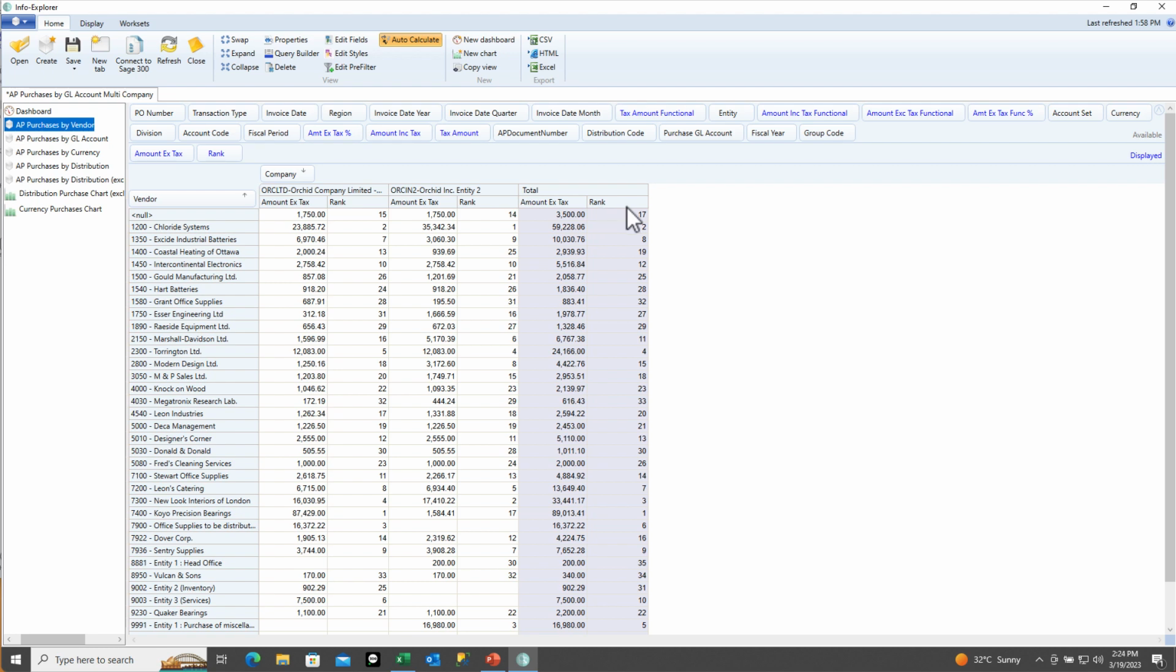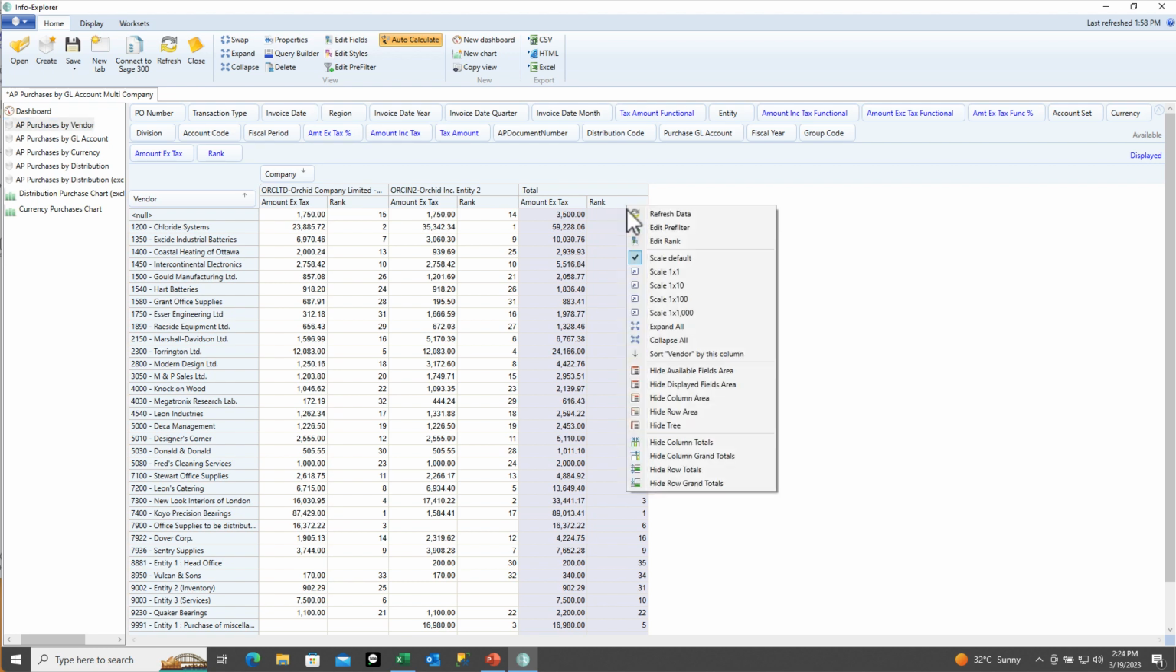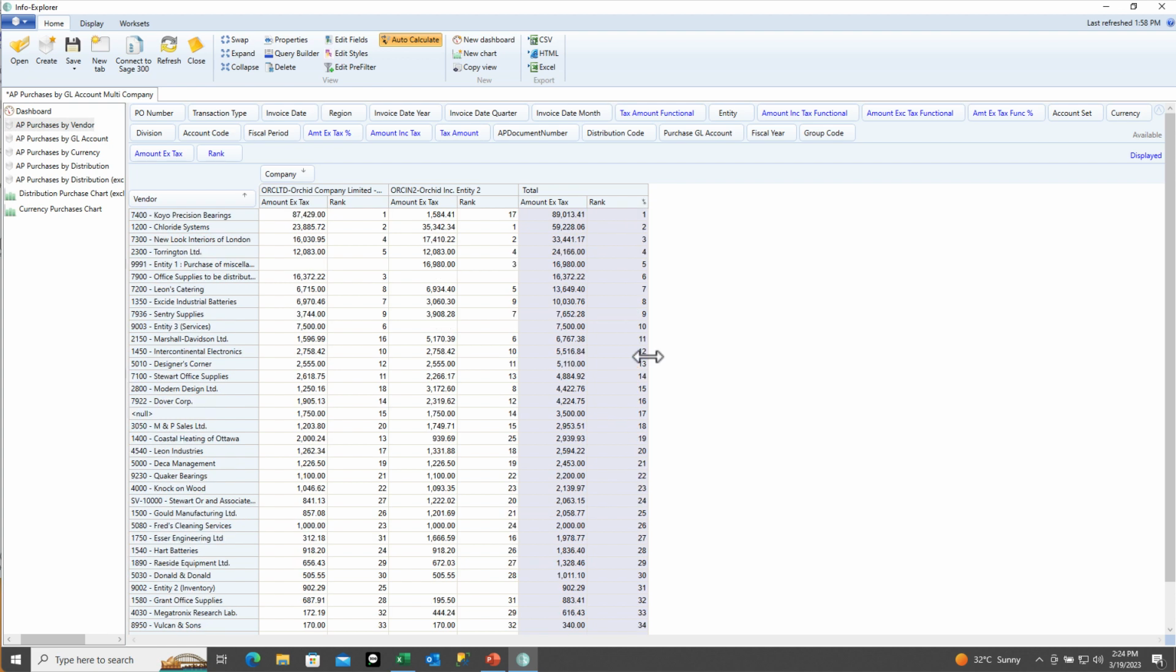And now I can use my sorting. So if I want to see my descending rank across all the companies, I can see that 7400 is my largest vendor, but in Orc Inc. 2 it's 17, and in Orc Limited it's number 1. So your ranking or your calculations on top of the data is always with respect to the data that you're currently looking at. So if I was to group my vendors by group code,